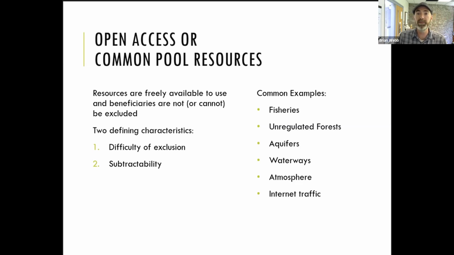There's no way to prevent people from using the internet or from downloading or streaming as much as they want. And yet the more people that use it, the slower the internet becomes. So it's degraded in quality for those who are trying to use that as well. So these are open access resources, freely available for anyone to use. The more people who use them, the more the resource is degraded, less available it is for the